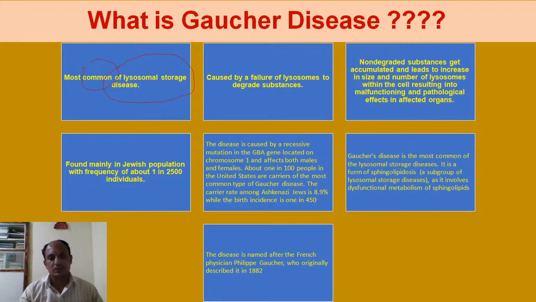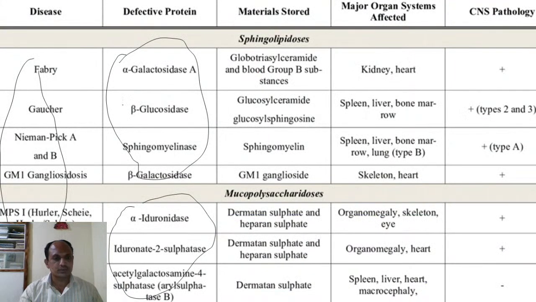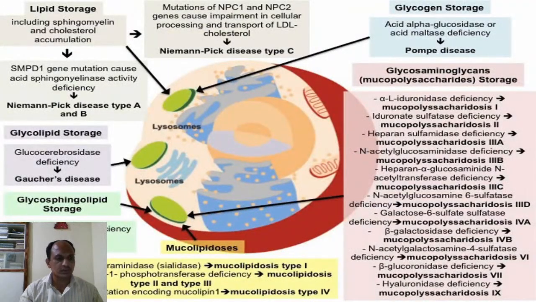This Gaucher disease is caused due to the failure of lysosomes to degrade particular substances. In this case, the enzyme is beta glucosidase, or glucocerebrosidase. So there is a deficiency of this enzyme, glucocerebrosidase,